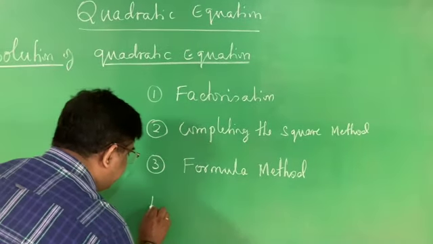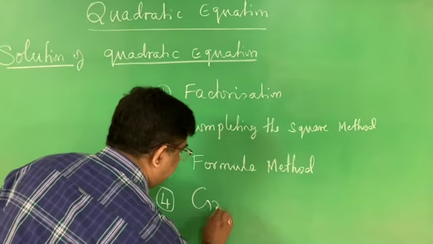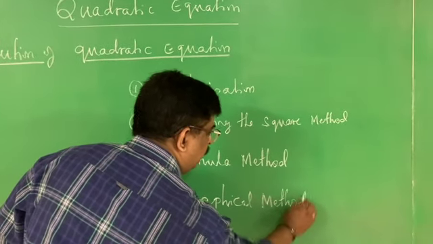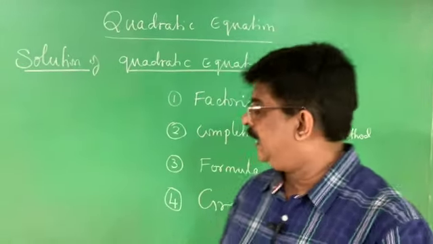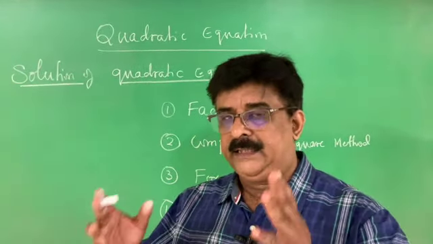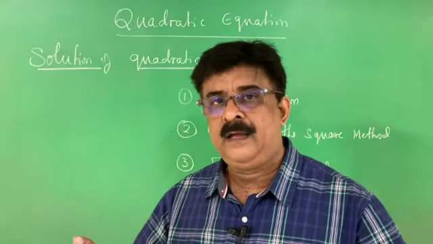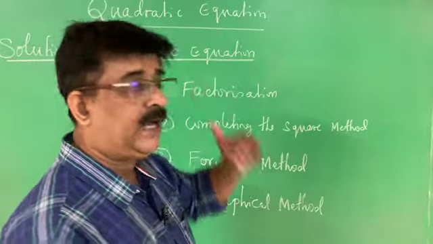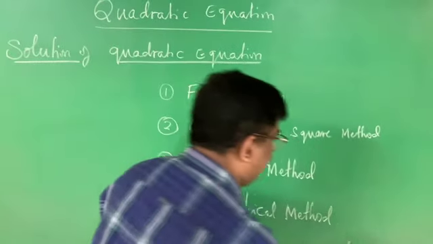The fourth method, again, is not there in the textbook. The fourth method is the graphical method, the method of graph. This method is also not there in the textbook. Unfortunately, because of the corona, they reduced a lot of content in the textbook. The idea of the graph is given in a chapter called polynomials. According to the reduced syllabus, the chapter on polynomials is removed. In that chapter, the graph obtained for a quadratic equation is given. The name of the graph obtained for a quadratic equation is the parabola.